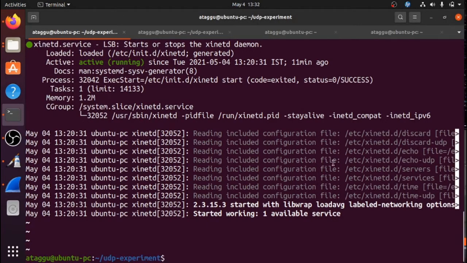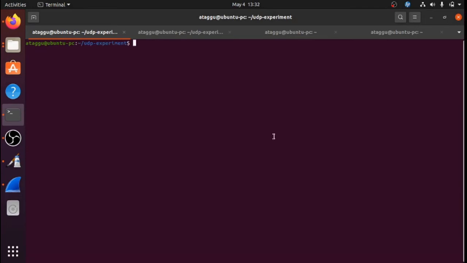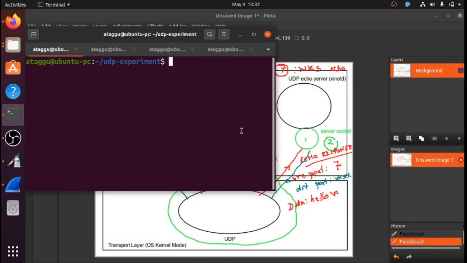Let's make it slightly larger, but not too much, otherwise it becomes very difficult. So now we have just seen that the echo server is running, and now we are going to run the client. There is no problem, we are ready to run the client. And how do you run the client?